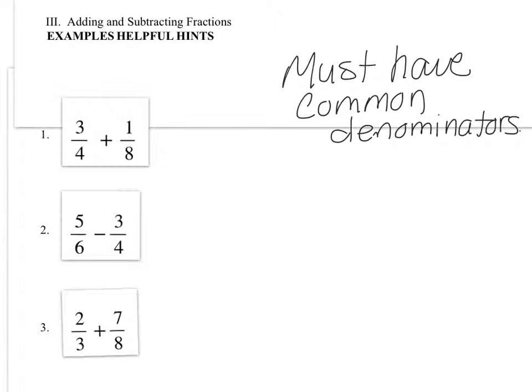Okay? So, in all of these, our denominators are not the same. We have to create common denominators. So, you need to find your LCM, or your lowest common denominator. Okay? And we've done this in some of our PDNs. So in number 1, our lowest common denominator